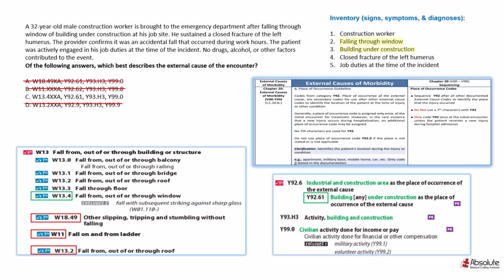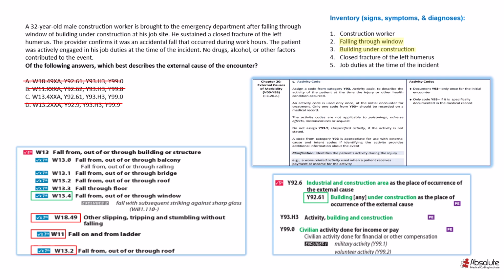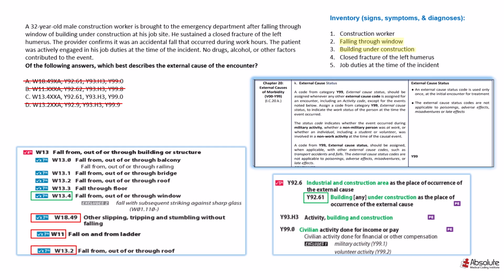And next, let's look into the activity code. So guideline C20C states to assign a code from category Y93 for activity code to describe the activity of the patient at the time the injury or health condition occurred. So in our scenario, the patient was doing his job, he is a construction worker, and he was doing his job duties at the time of the incident. So activity is going to be Y93.H3, which is building and construction. And finally,